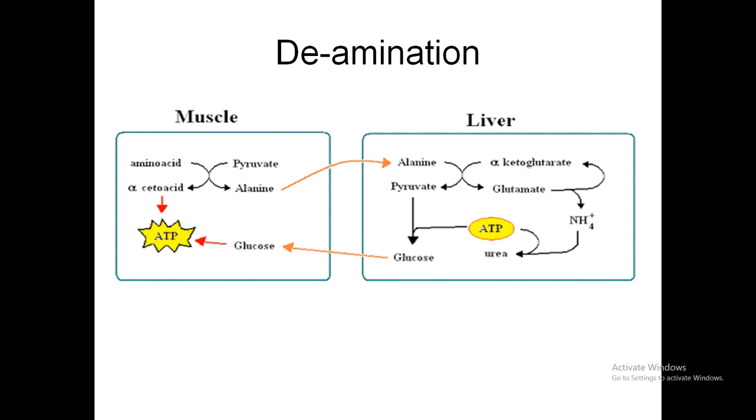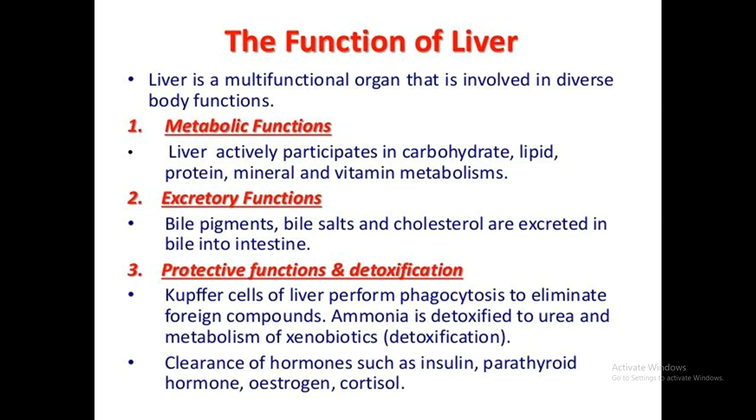In muscles, amino acids are broken down and produced, for example alanine here is produced in the muscle. Alanine is brought to the liver. In the liver, alanine is broken down into further parts: the carbon residue and another type of amino acid, which is glutamate. Glutamate is broken down into alpha ketoglutarate, which is a carbon residue or a carbohydrate, and the amino group is converted into ammonia. Ammonia is then converted into urea, and urea is then expelled from the body through the kidneys.